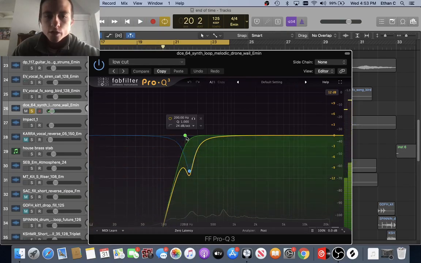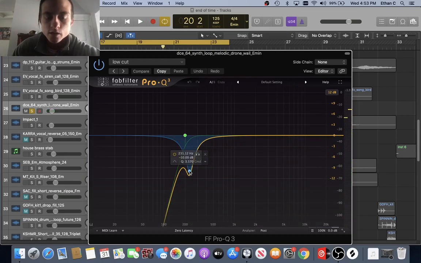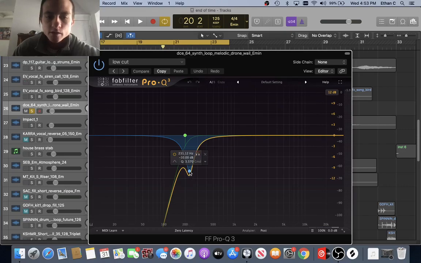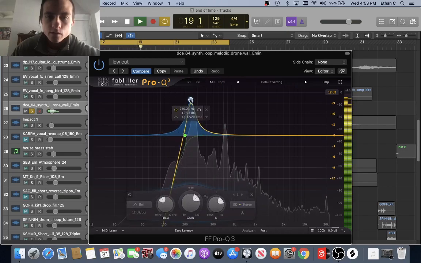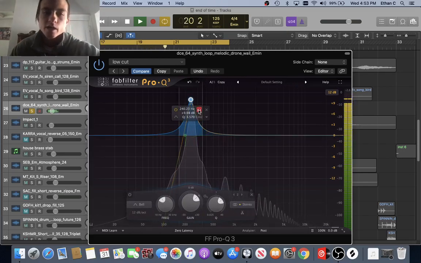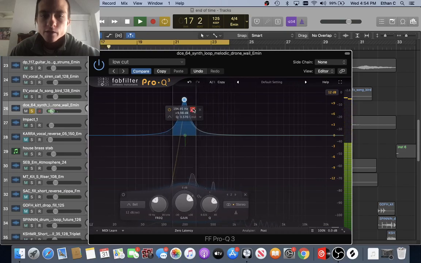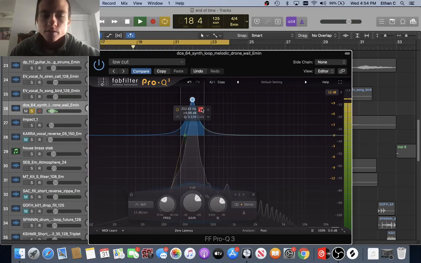And so I did a low cut to 200, and then I also cut around 230 hertz, down 10 decibels. And with the Pro Q3, an awesome thing about this EQ in particular, you can solo each band. So basically what I did is, let me play it here. When I am holding this button, it's soloing this band. So I can go through, and if I hear a harsh frequency or something that's over distorted,